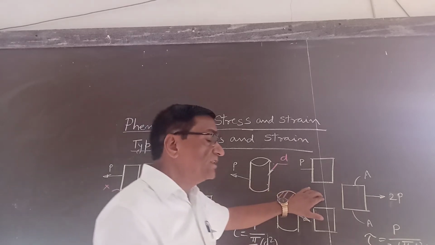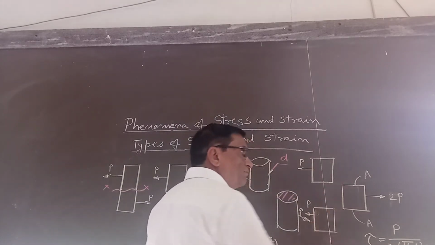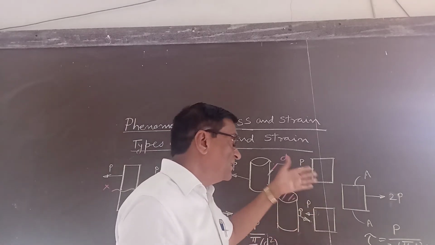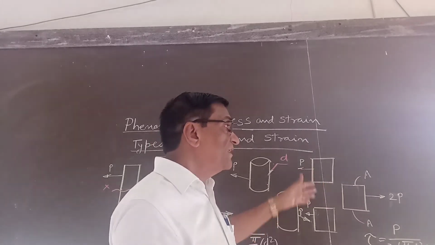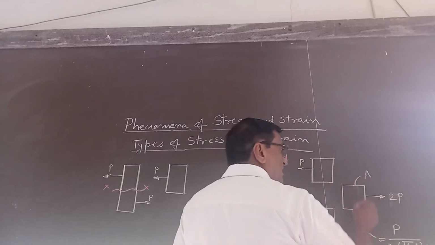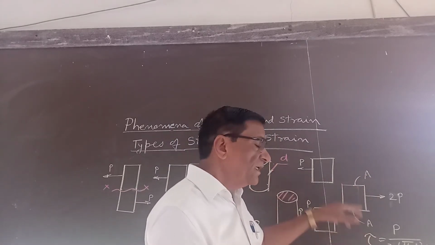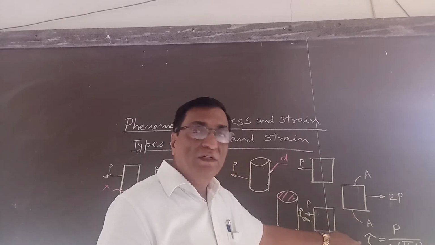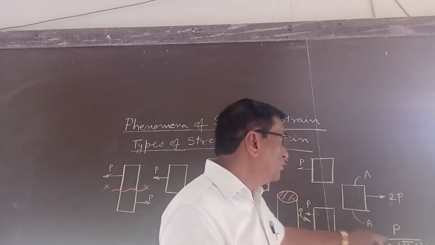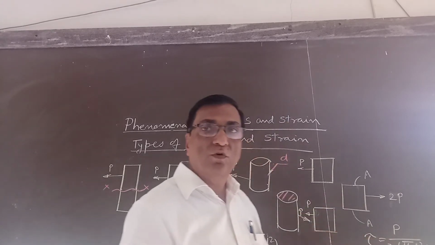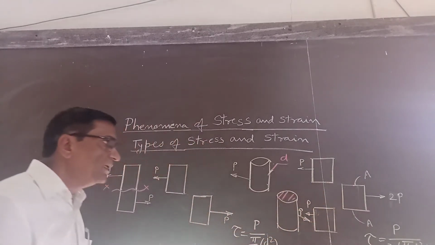Now this is the case of double shear. When this type of member is subjected to this type of load, this type of failure occurs. Then it is said to be a double shear failure. In that case, you have to consider both areas, because the shear area is double. So in double shear, we consider the ratio of the shear force upon 2 multiplied by the area of the rod, pi by 4 d square. This is the case of double shear, and this is the case of single shear.